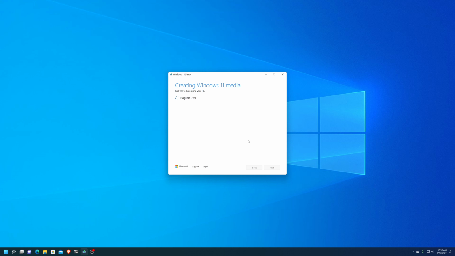Now, let's say you want to go back to an older version. This is also nice, because you can keep a USB drive or an ISO on your computer of an older version of Windows, so that if you want to install it again on that device, you could go through and install it there. So there's multiple different reasons why you might create this media, but this is a good way to either have a backup in case that happens,